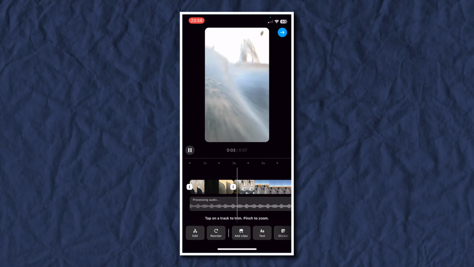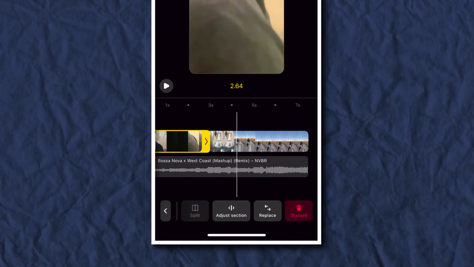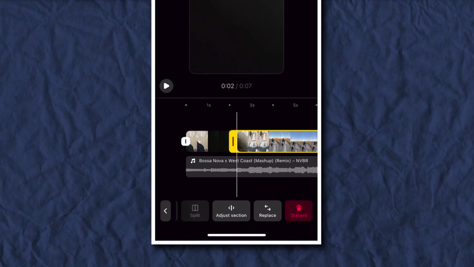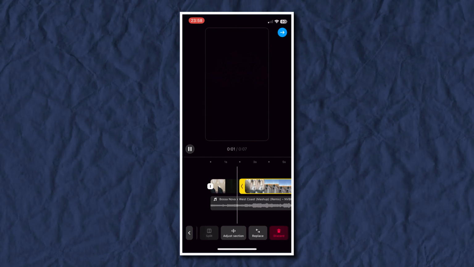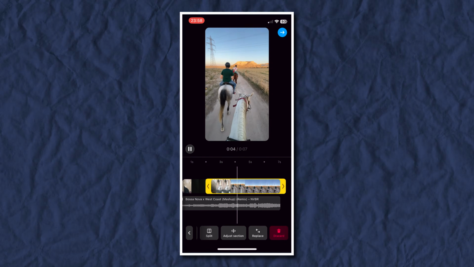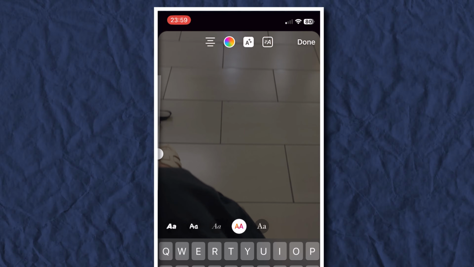We're now going to shorten that transition just to make it cleaner. Select the first clip and push the end of it over to the left. Now click the second clip and push the start of it over to the right. And we can play that back now just to make sure that it looks good. Perfect. If you wanted to add text to your travel reel, click text at the bottom, type out your text,